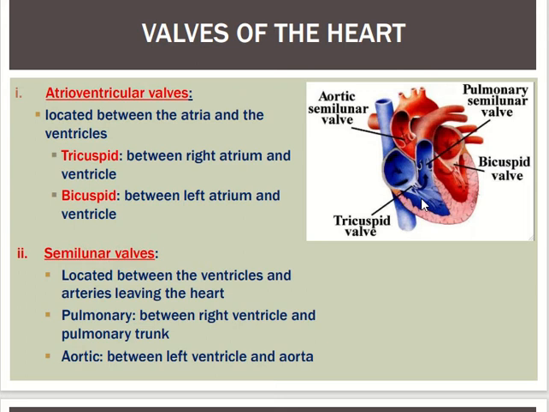left and right ventricle, leaving the heart. Okay, as you can see over here, this is the first one and this is the second one. Okay, it prevents the blood from flowing back into the ventricle. Okay,